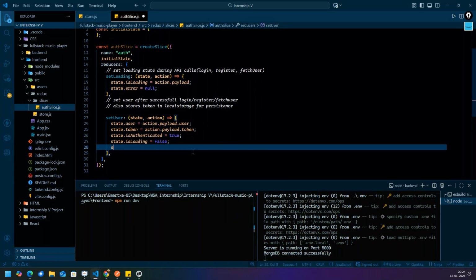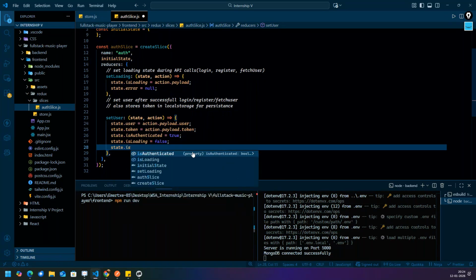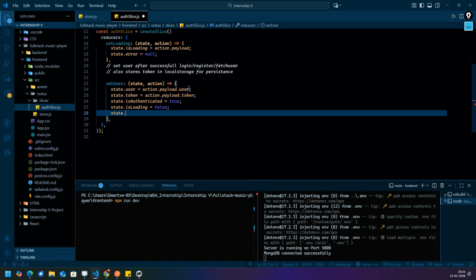Then the next question goes to the GoToMeeting community. State dot error. Sorry, state dot error only I have written. State dot error should be what? This question goes to the GoToMeeting community. What should be the answer?